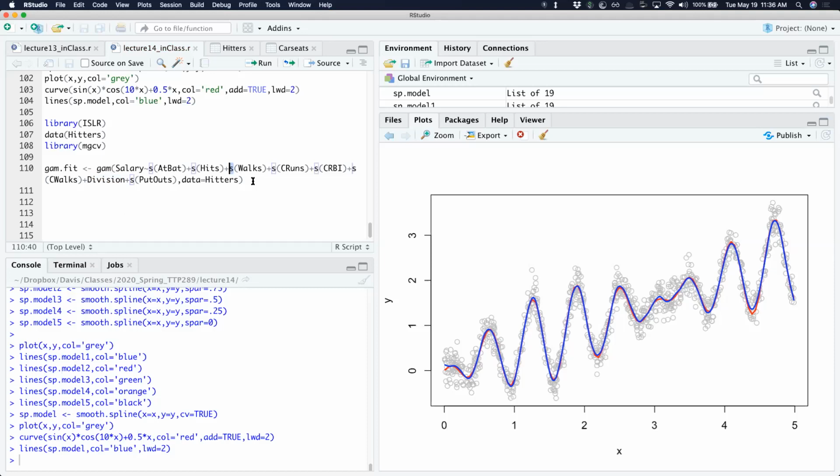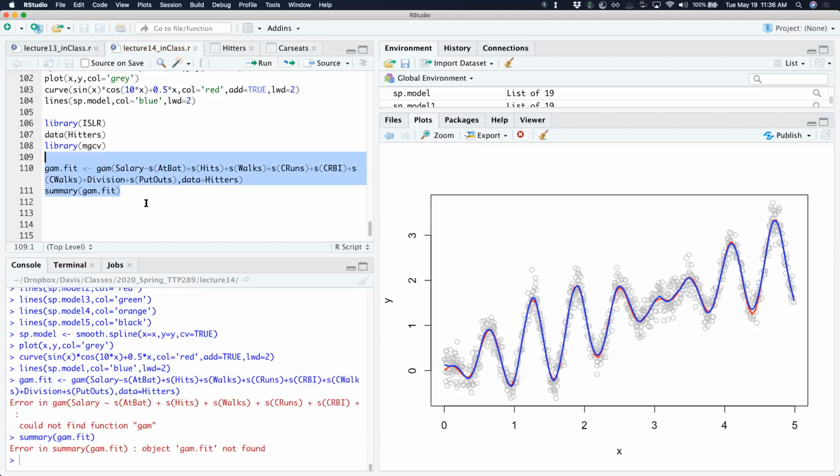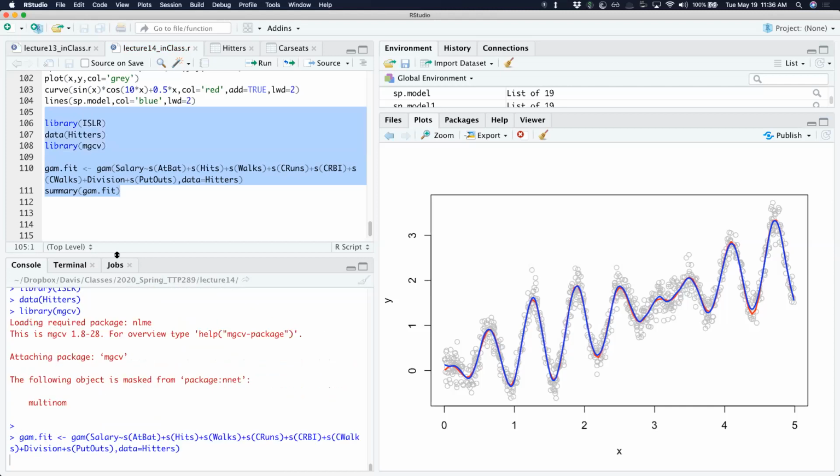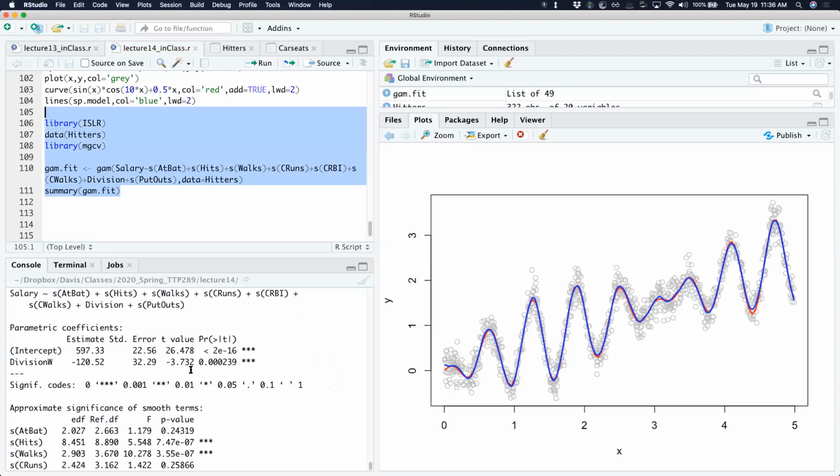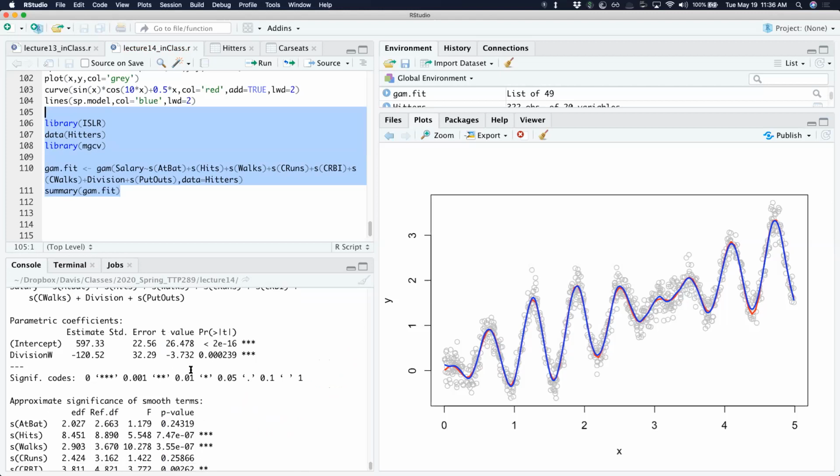And let's take a look at the summary. Nope, didn't load the data. Okay. And so, in fact, here we can see